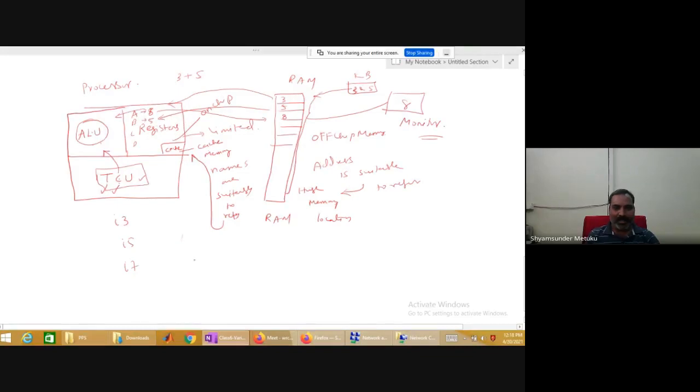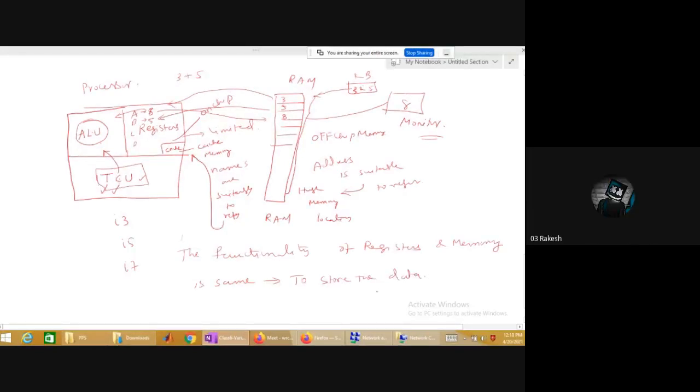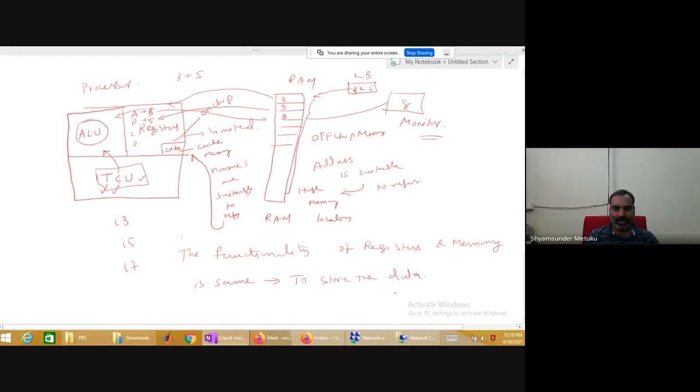The functionality of registers and memory is the same. What is the functionality? To store the data. Agreed or not? Yes, sir. Okay, to store the data, it is fine.